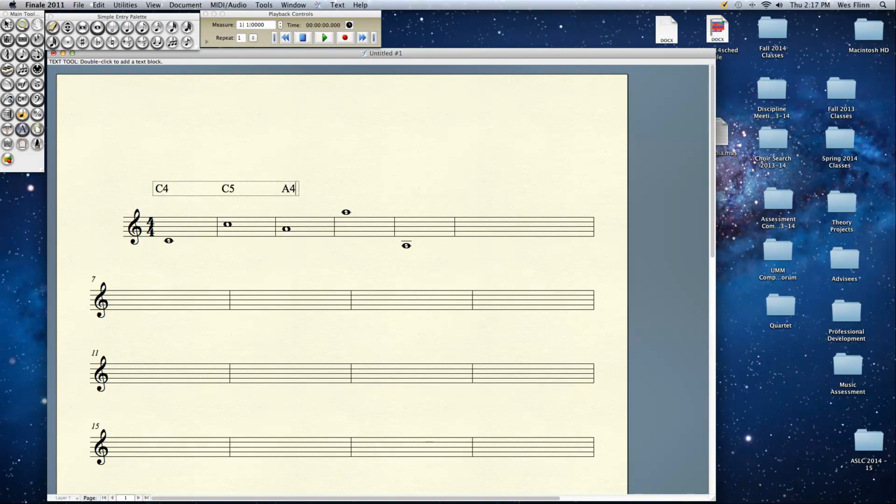I can tell you that A440 is also known as A4, so see if you can guess what this A would be up here. That's right, A5. Now if this is A4 and this is A5, what do you think this A down here is going to be? A3. Each one of these pitches, C4, C5, A4, A5, A3, are distinct pitches. But because the C's have this octave relationship and each of the A's has this octave relationship, we say that every C is a member of the pitch class C. Pitch class is sometimes abbreviated PC. Every A, be it A4, A5, A3,